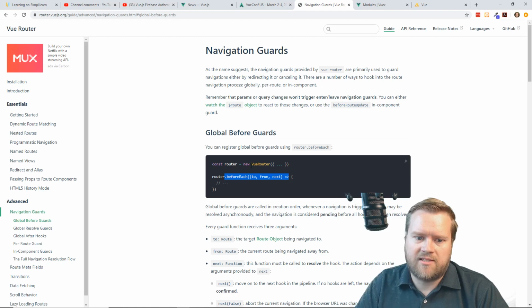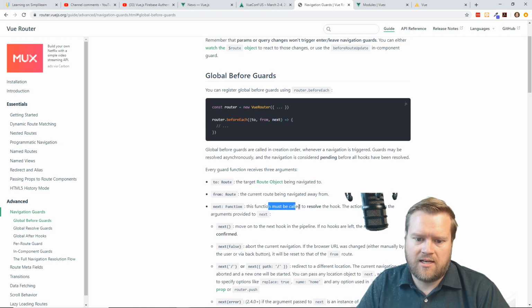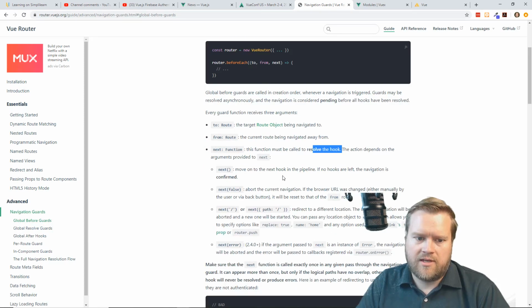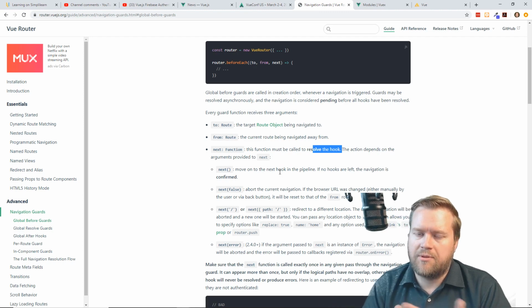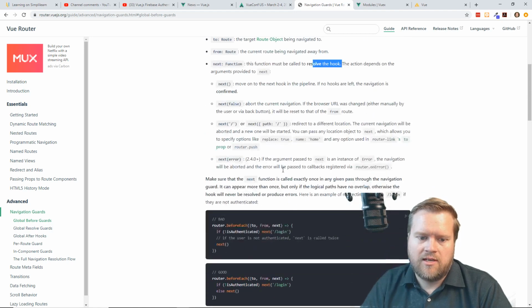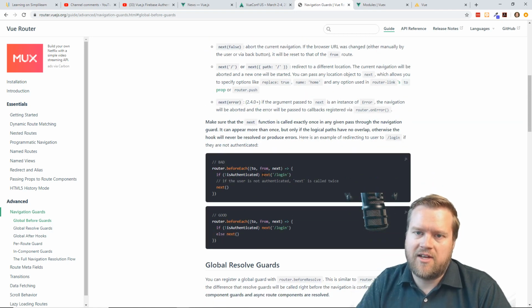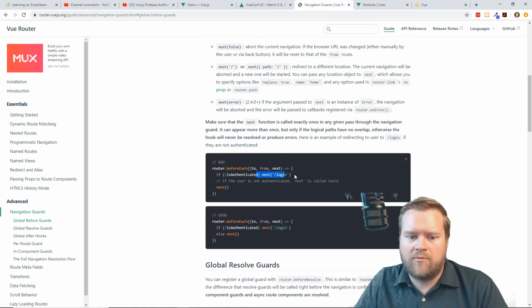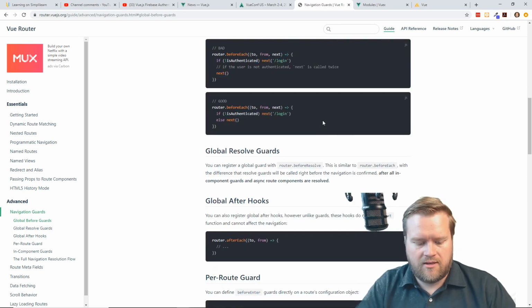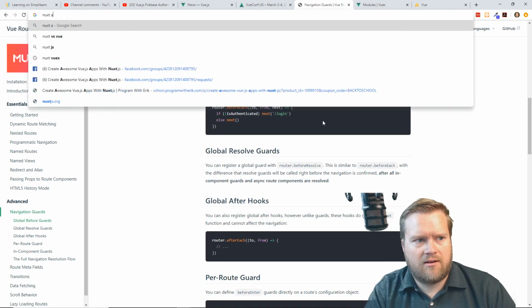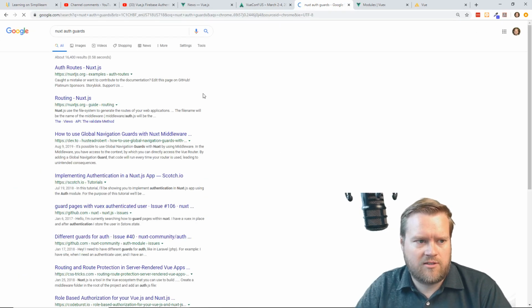So every time a route's hit, you can check to see where it's going to, where it's coming from, and then I believe next is a resolve hook. So it's essentially like you call next, and then it completes whatever it's going to do. But you can actually stop it if you wanted to. So you can check to see if someone's authenticated, and if not, you can move them over to the login route. But with Nuxt, auth guards, which if I just Google it for a second,